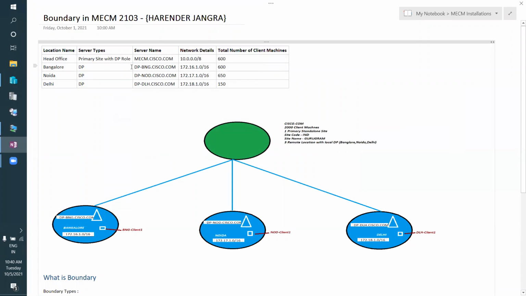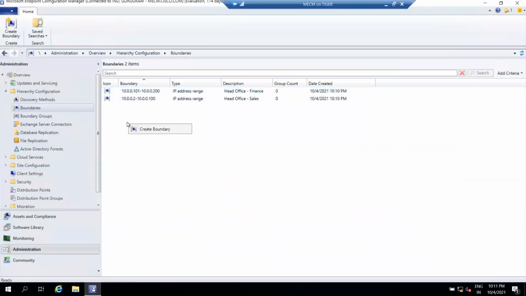We have a Bangalore remote location, and the series of IP addresses running there is 172.16.1. So let me create another boundary for our Bangalore location.